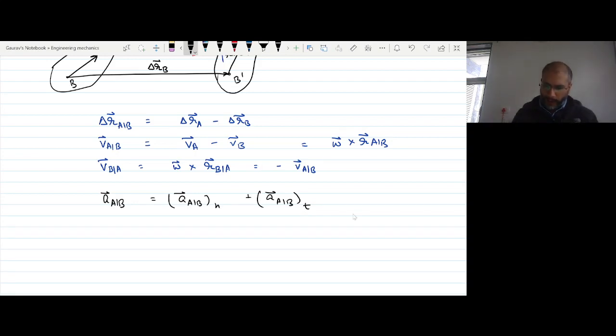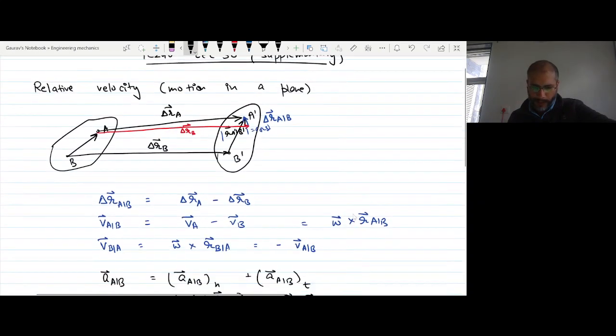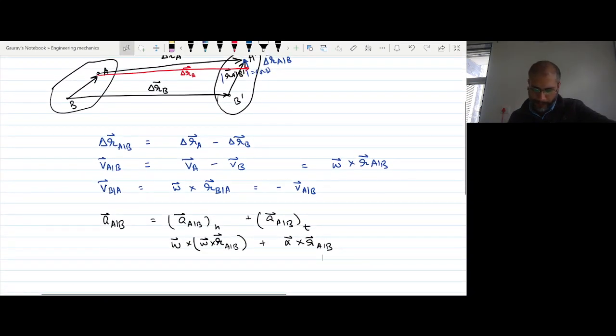So the acceleration in the normal direction is omega cross omega cross R. Okay. R here is R AB. Let's write that, plus alpha cross R. Okay, so these we had written in the main lecture today,